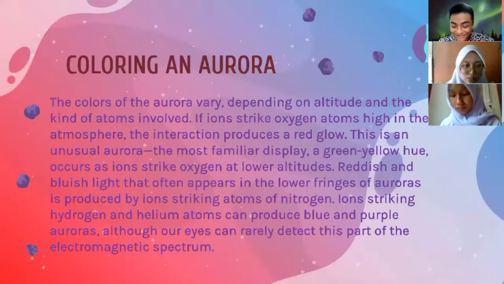The most familiar display, a green to yellow hue, occurs when ions strike oxygen at lower altitude. Reddish and blue light, often appearing in the lower fringe of the aurora, is produced by ions striking nitrogen atoms. Ions striking hydrogen and helium atoms can produce blue and purple aurora. Although